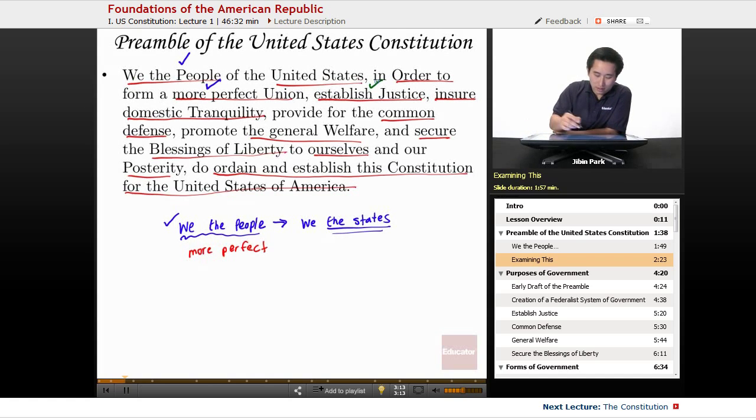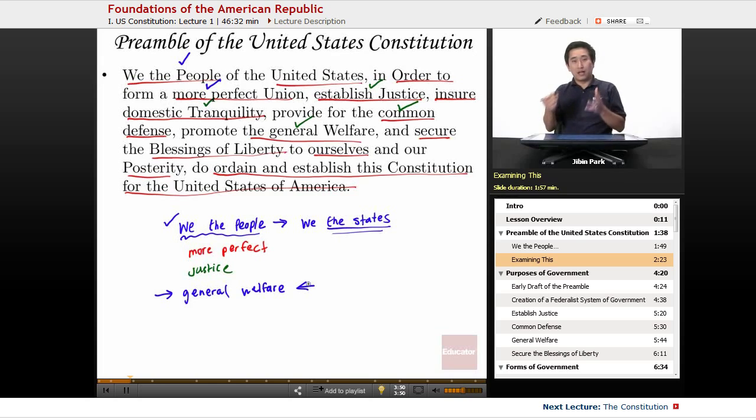Establish justice. Okay, so justice, what is exactly meant by that? What are the boundaries? Again, this is the beginning part of the document, so open to debate. Ensure domestic tranquility, so you have that aspect of it. Provide for the common defense. Again, these are things that are open to interpretation, but provide for the general welfare. Again, this is probably something that over the course of time, in the context of the 20th century, what is the general welfare in the 21st century? What are the things that are allowed and not allowed in the Constitution? So that's the great debate.